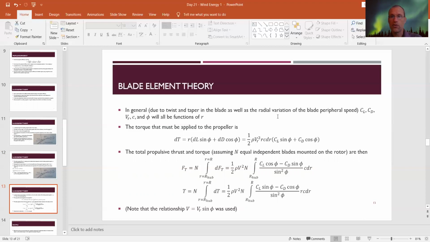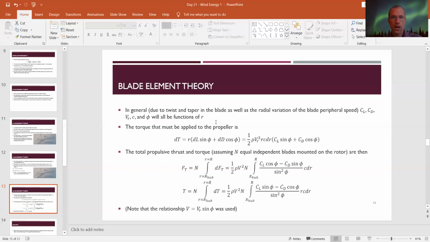Radial variation of blade peripheral speed. So again, that value of r omega is going to depend on r, depends on where I am on the blade. So CL, CD, VR, C, and phi will all be functions of r along the entire blade element. So what we're going to have to do is basically integrate those little functions we had before over the entire blade, basically from the bottom of the radius all the way out to the top